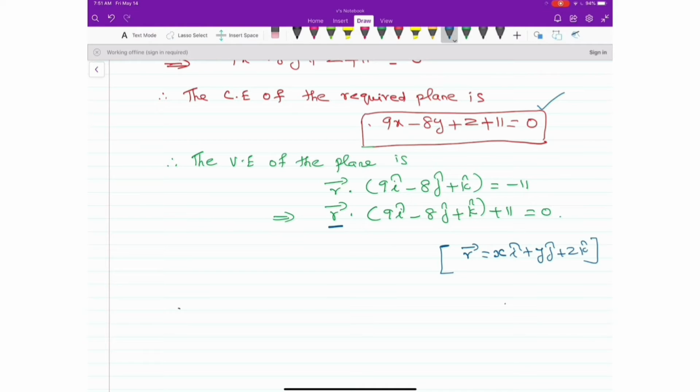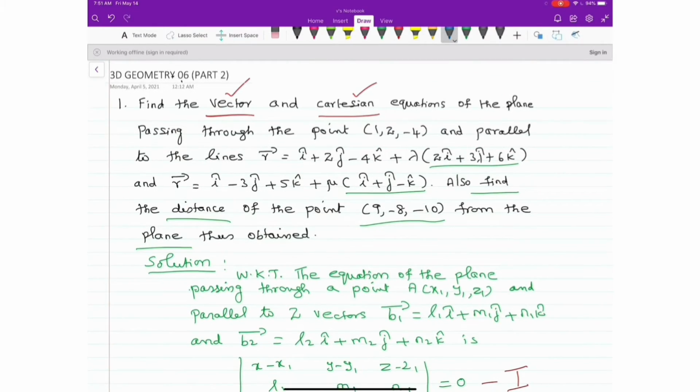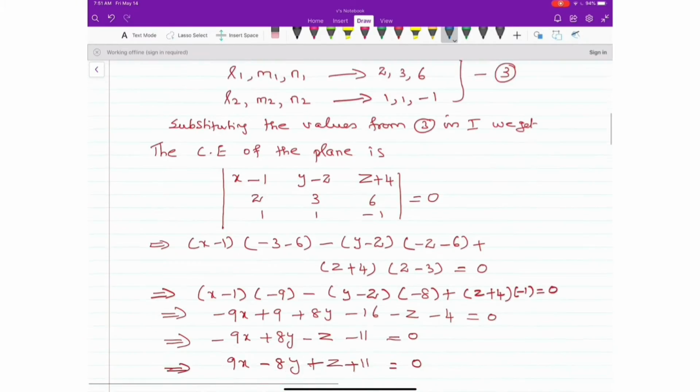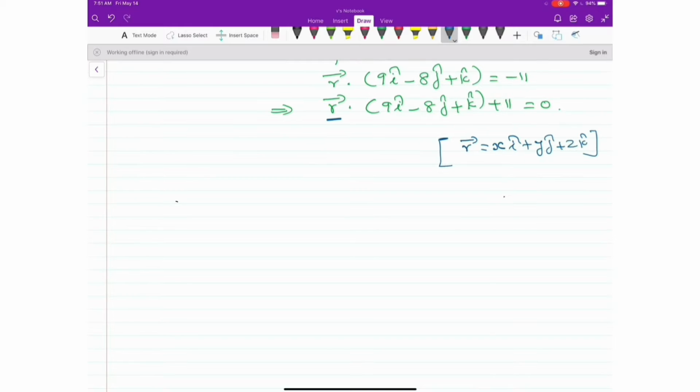Okay, now we have answered the first part of the question, that is, we have written the equation of the plane both in vector form as well as in Cartesian form. If you want to write the equation of the plane in vector form first, even for that, let me recall the equation for you. You know that the equation of the plane passing through a point with position vector A and normal to the vector n is given by vector r minus vector A dot n vector equal to 0.